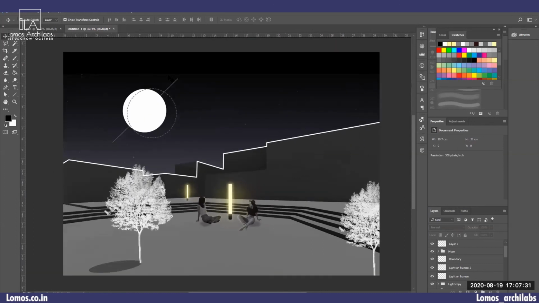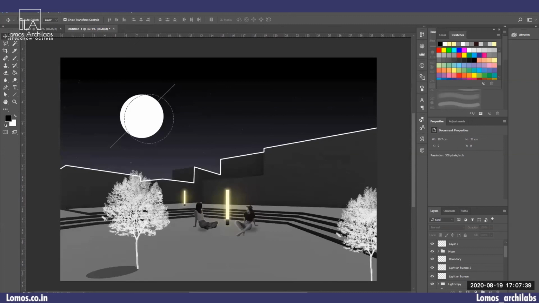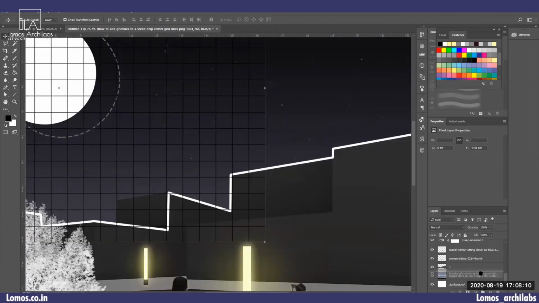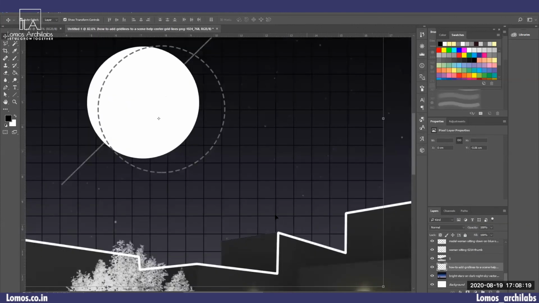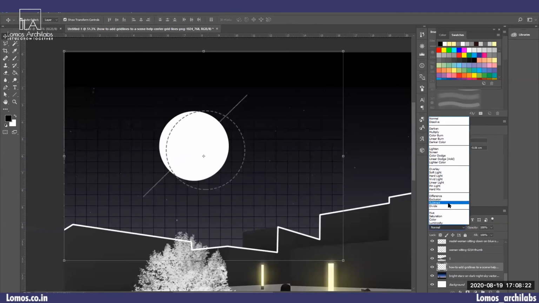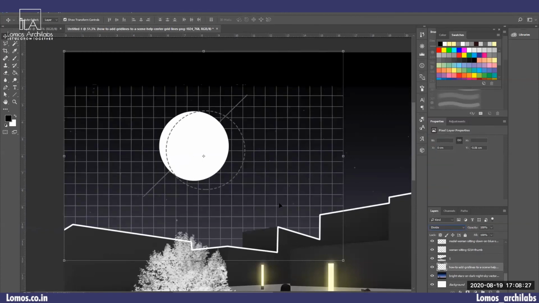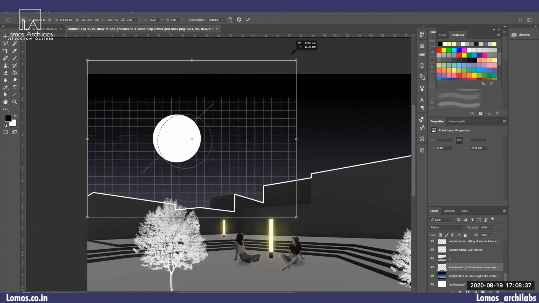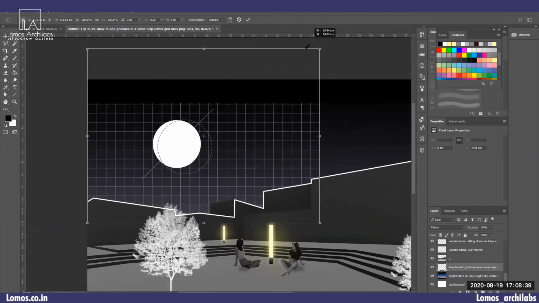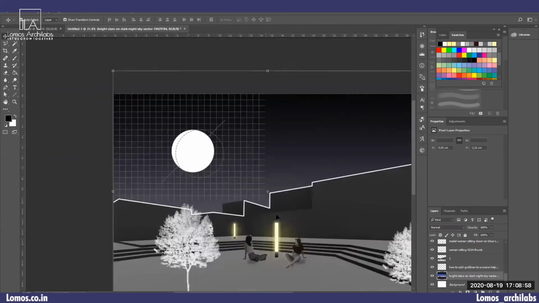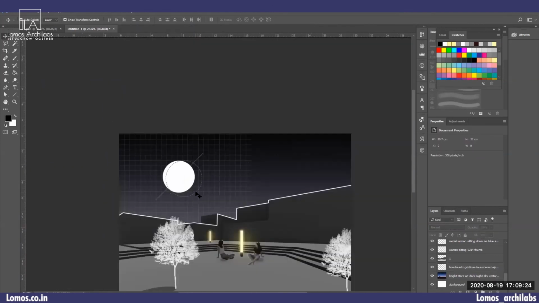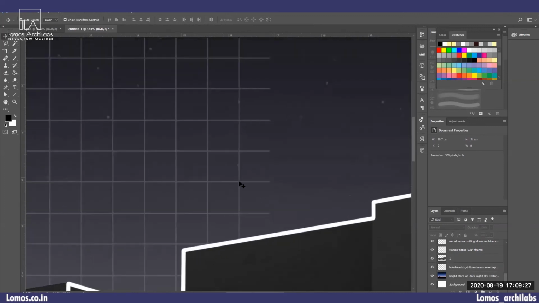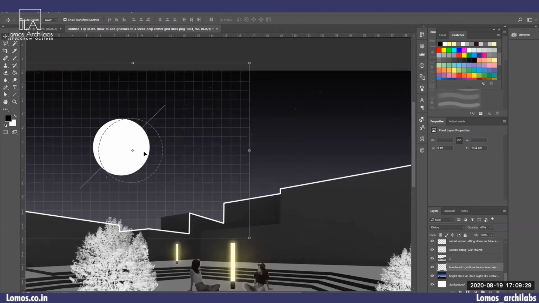And over here, I want to add one more element to the sky because I don't want to disturb the composition which I have over here. So I have some grid lines and I will add the grid lines. I will place it below my building image. Now, let's see how it looks if I divide. It actually looks better. So let's just go with something like this. I have reduced the opacity of the grid because I want the focus to be on the moon, not on the grid.